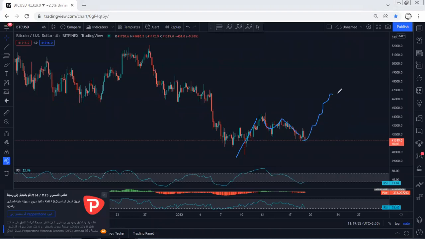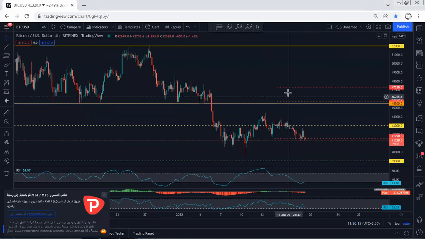If I get any opportunity for buy, I will take it. But it depends how fast it can reverse, because if there is a reversal as a corrective, we can expect this to be a flat for the next drop, and with the next drop we can mostly expect the price to tag the lowest price of this one. Still, I'm not really interested in looking for sell. If I get any opportunity for buy, I will take it. And we can still look for 45,700 followed by 47,330 as a target.